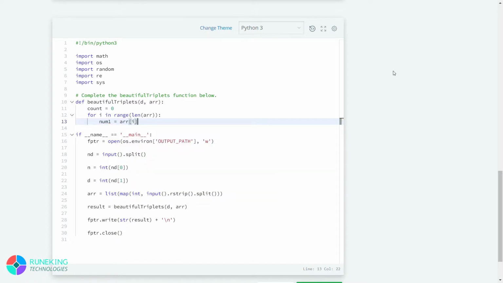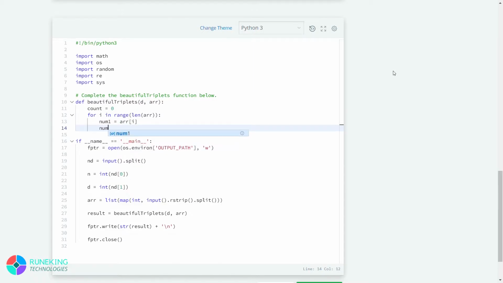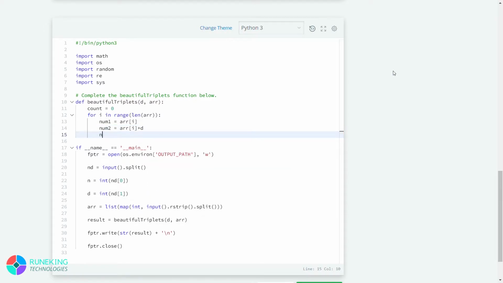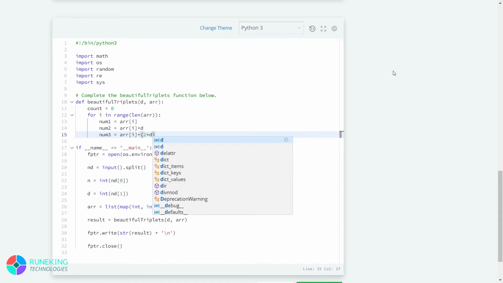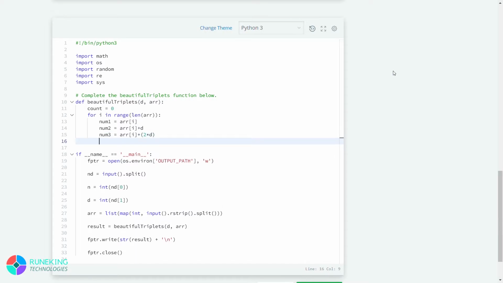Number 2 will be equal to arr of j, and arr of j can be written as arr of i plus d. Similarly, number 3, which is array k, can be written as arr of i plus 2 times d, so 2 into d. So these are arr of i, arr of j, and arr of k.